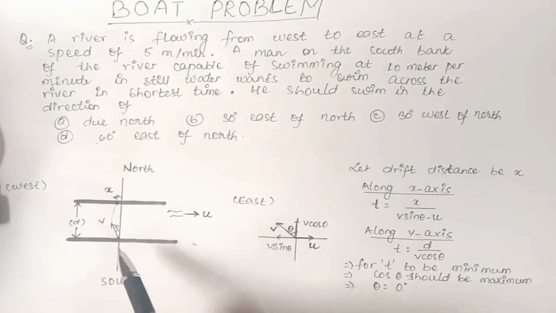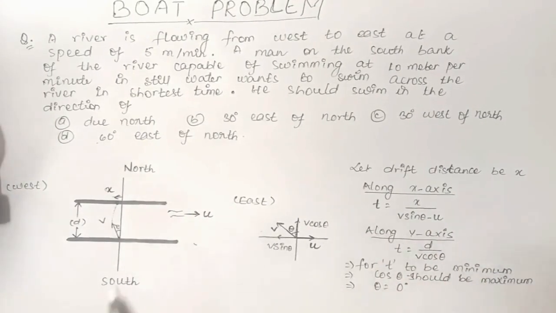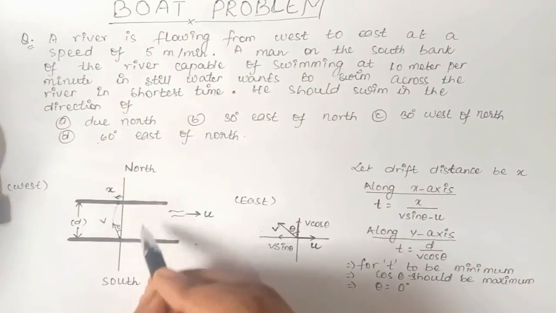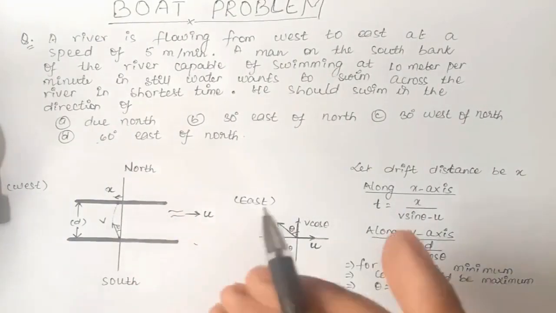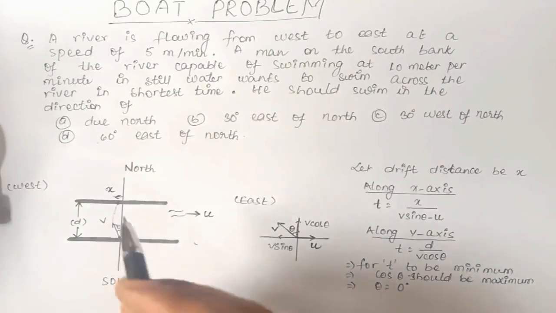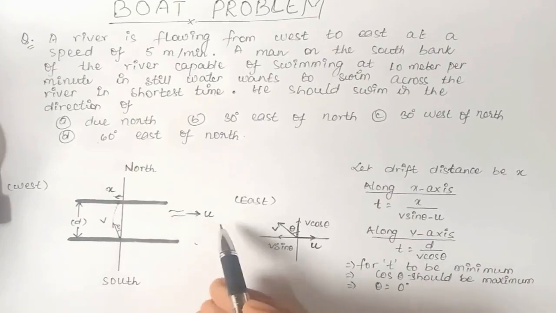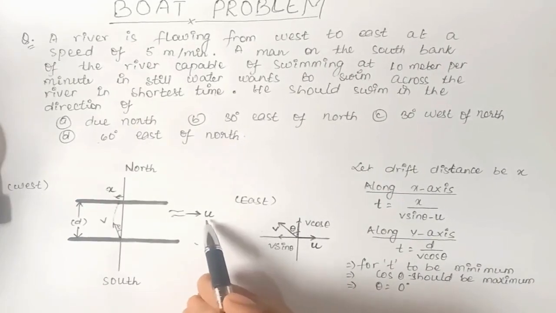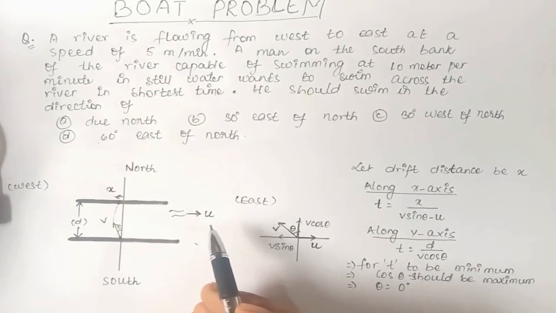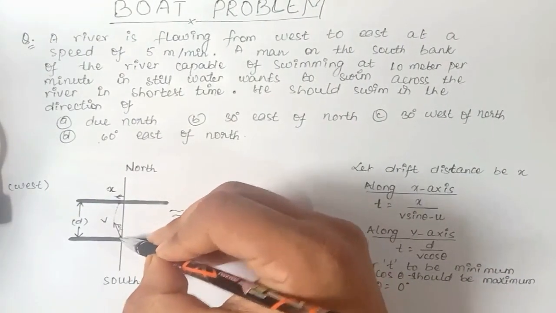Now suppose if there were only a vertical component of the velocity, the path of the boat would be only a straight line, a vertical straight line, but it is not true. The boat has some velocity in the horizontal direction, as well as the river is flowing at the speed u, so it will have some effect on the boat. So the path of the boat will be